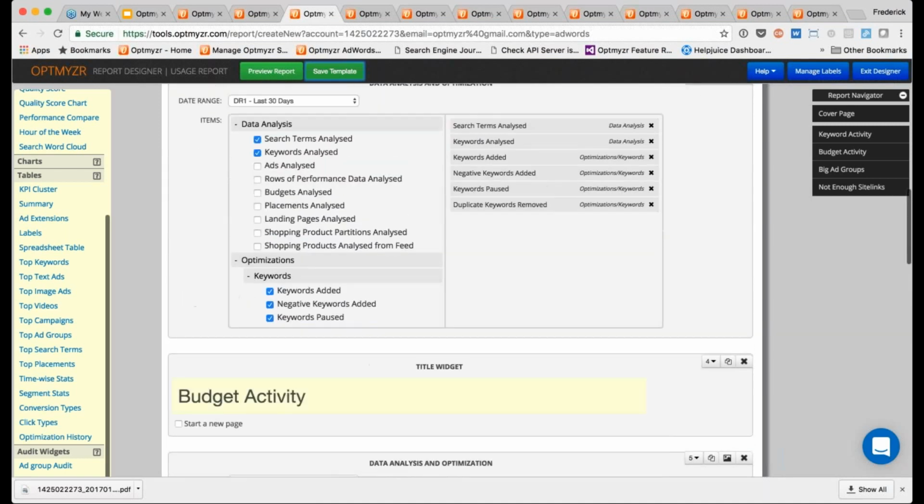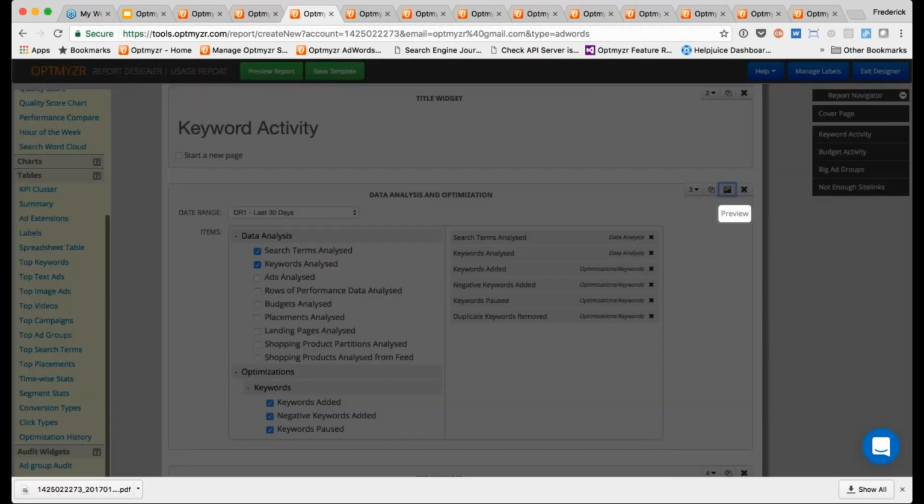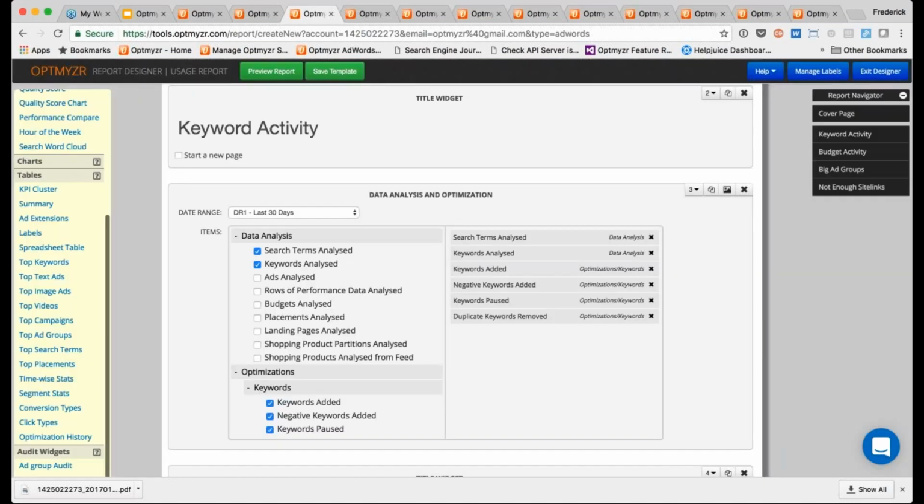Okay, and so what do these look like in the report? Well, you can always do the preview. So anytime you're not sure what it's going to look like, hit that preview button. And so you can see it looks kind of like a KPI widget. How many terms were analyzed, how many keywords were analyzed, and then how many actions did I take based on that. So 5 keywords were added. So those are the